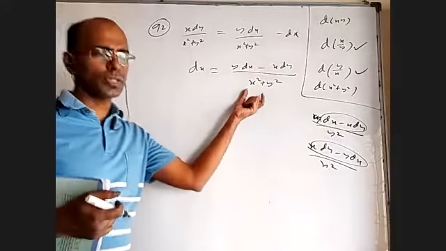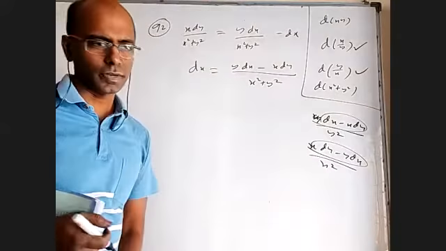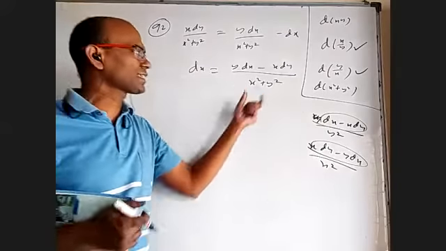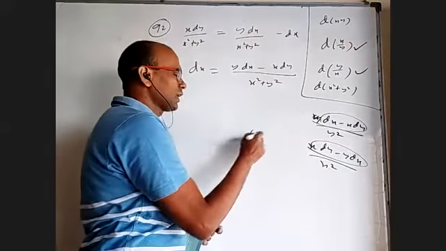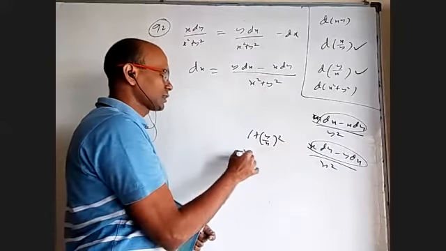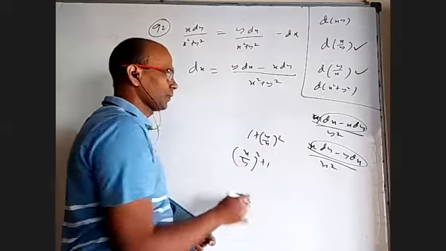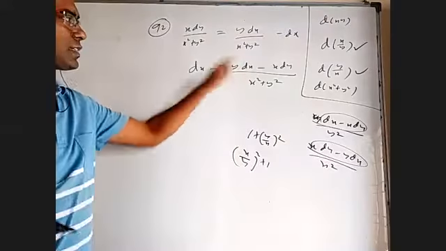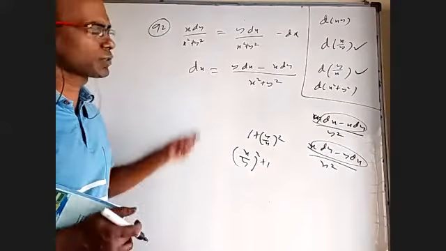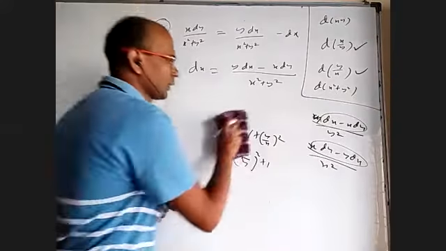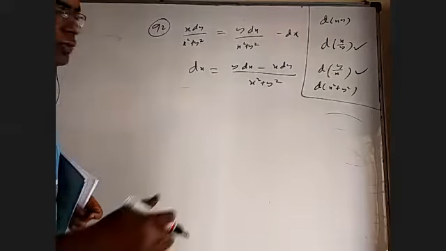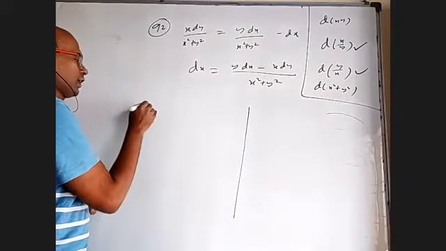Similarly, I have to convert this whole thing into a function of y by x or x by y. That means I have to divide by y square here or x square here. If I divide by x square, only the denominator, I'll get 1 plus y by x whole square. If I divide by y square, I'll get x by y whole square plus 1. Here anything is okay for me because I can adjust this. Maybe in total also anything is okay, so it doesn't matter how you do it. You divide the whole thing with y square or with x square, not an issue. Why? Let us see that.